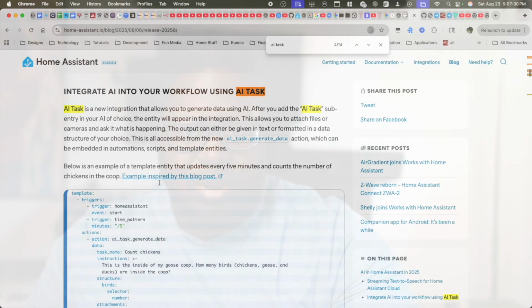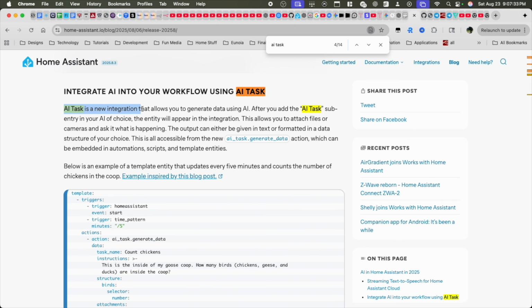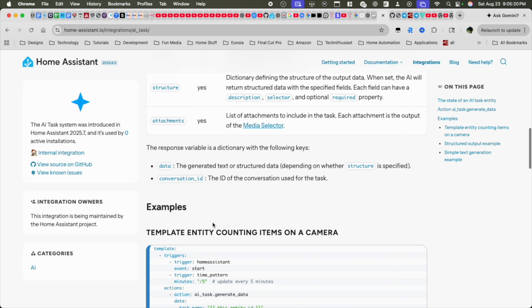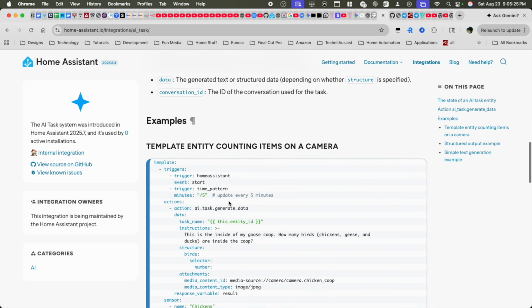So I wanted to create this off the cuff video because yesterday, while I was putting together an automation, I noticed that Home Assistant finally has their own integrated AI. They've had pieces of this before, but now they truly have an AI that you can call within an automation and get not just interesting, dynamic information back, but also a structured output, in the same way that ChatGPT and Gemini give you